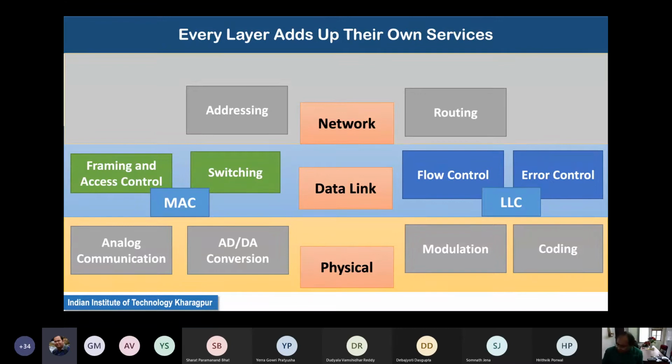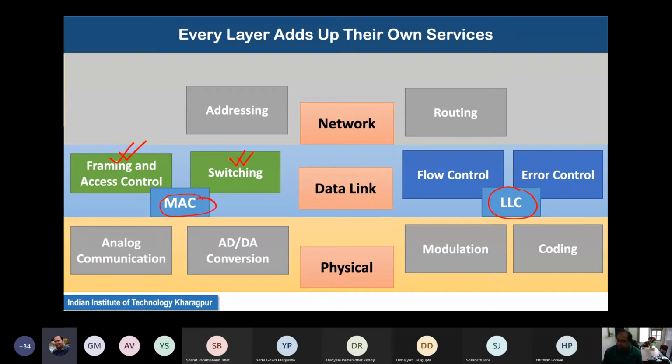As I was mentioning, the data link layer has two parts, MAC or medium access control, and LLC or logical link control. Under MAC, we have the functionality of framing and access control, which is the most important part about extracting the data from the signal, and then doing the switching.